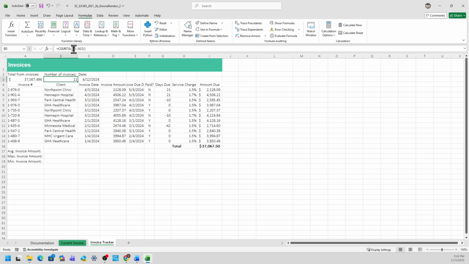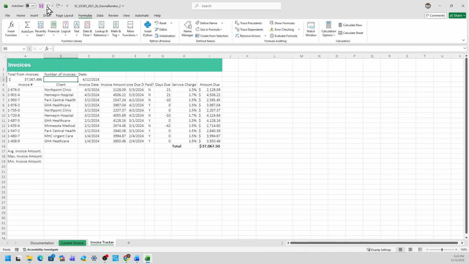Reason why we're using the count A is because these invoice numbers are not numbers, but instead it's characters or a combination of numbers and special characters, okay? So if you count here, if you highlight A5 to A15, you can tell that the count here is 11, okay?